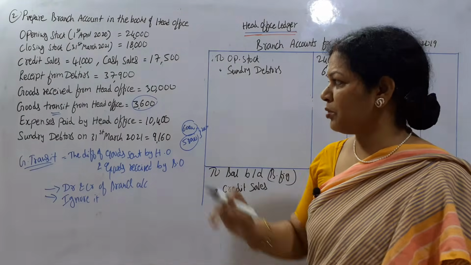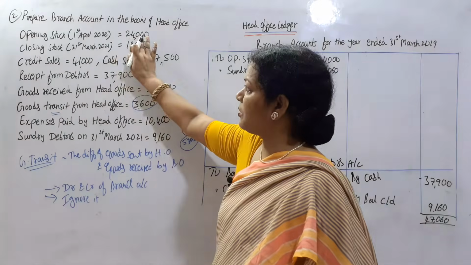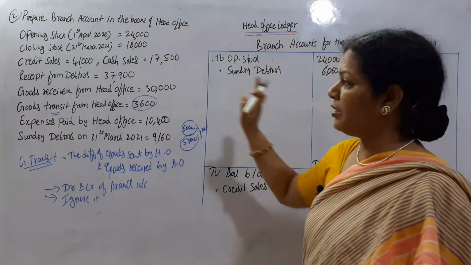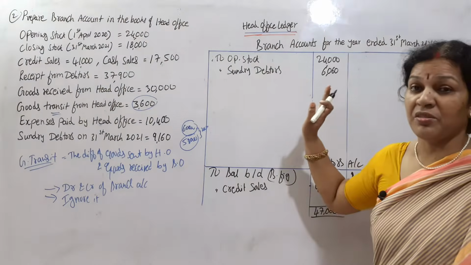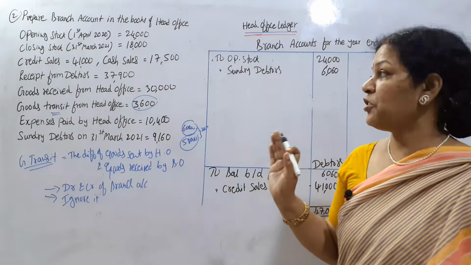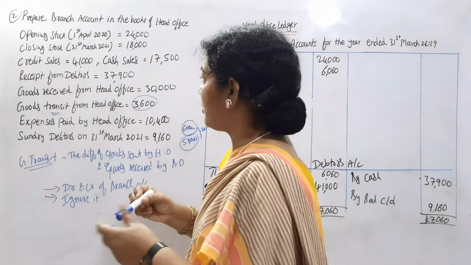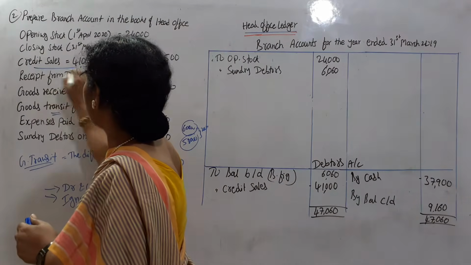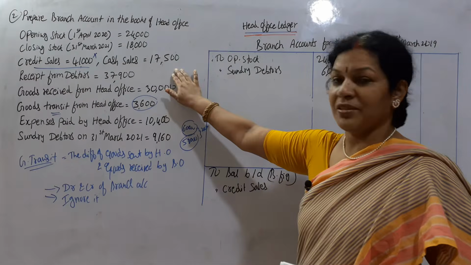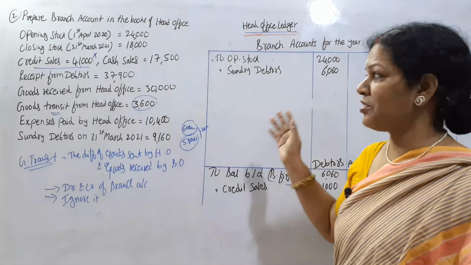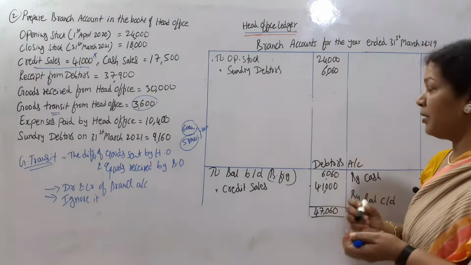Lastly we'll write the closing stock. Opening stock is over, closing stock we'll write later. Credit sales are already written in the debtors account. Credit sales we never write in the branch account, so we will ignore it. No credit sales in the branch account, right? Cash sales, whenever we are selling it, it's a cash sale. We'll write it on the credit side. By bank,